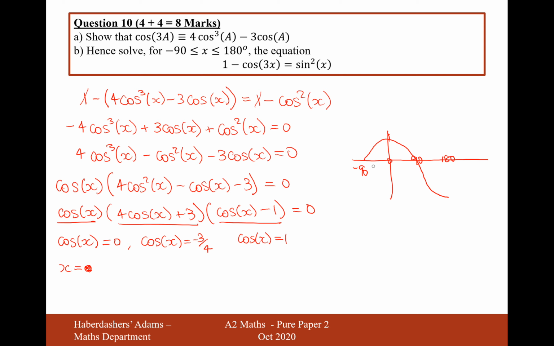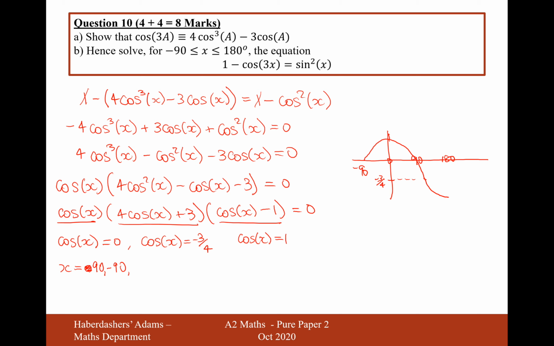So for cos x equals 0, it's going to be minus 90 and 90, so x equals 90 and minus 90. For cos of x equals minus 3/4, there'll only be one solution here, because minus 3/4 will be down here, and then we get our intersection at that point there. So on the calculator in degrees mode,